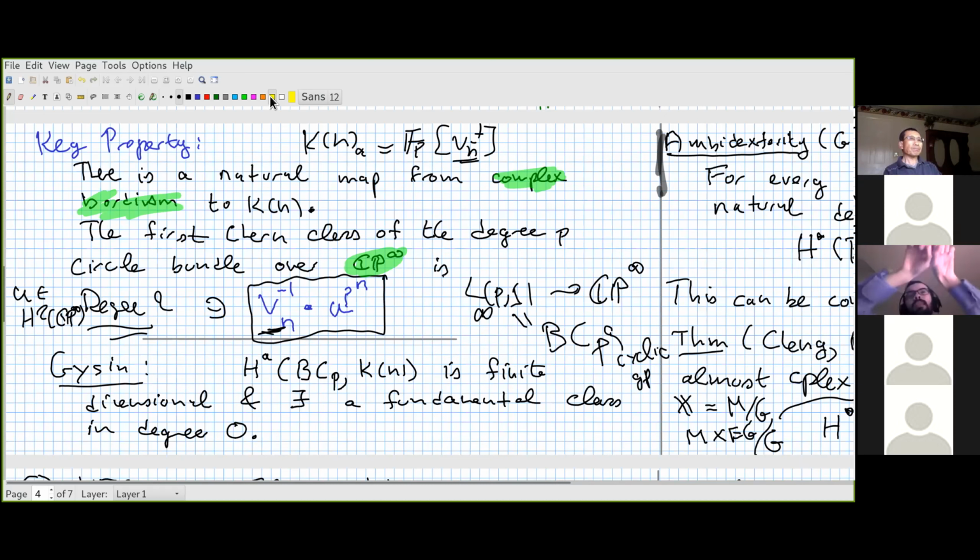The Gysin sequence tells you that the cup product with the Chern class, its kernel and cokernel, gives you a long exact sequence where the middle term is the cohomology of the total space of the circle bundle. That's the Gysin sequence. In this case, cupping with this class is injective, but the most important thing is that